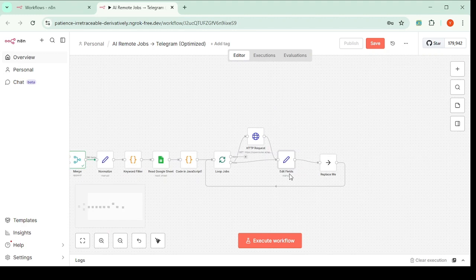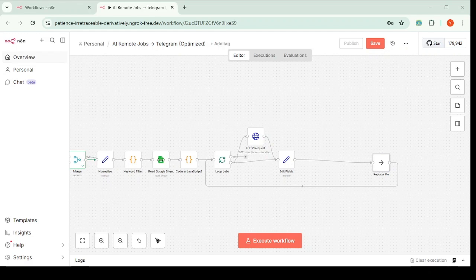Yeah. All right. Now we still have this replace me. I've not replaced it, so let's just chill for now. I'm going to replace it very soon. Okay, so the next field is our Telegram field. Now the Telegram field is not